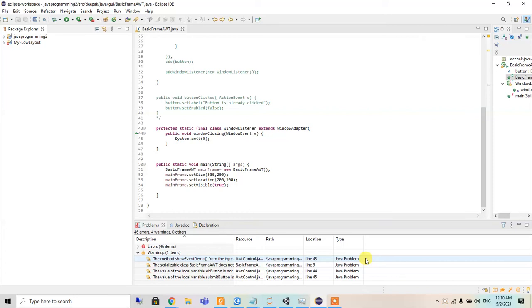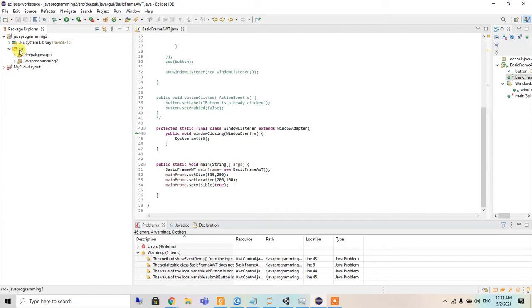Hello everyone, today I'm going to show you the Java GUI. It's my first code and my first experience with the Java GUI, and I'm using AWT for the graphical user interface. We can also use Swing as well as AWT for the graphical user interface. So I am starting my